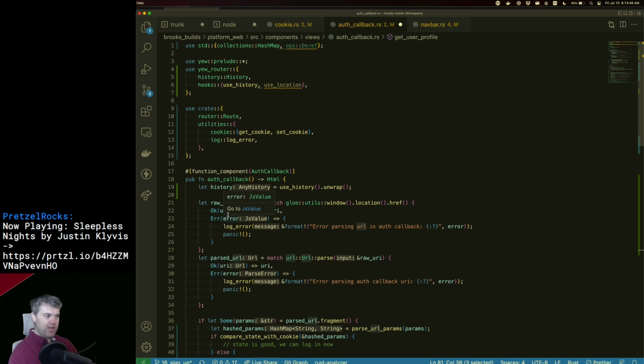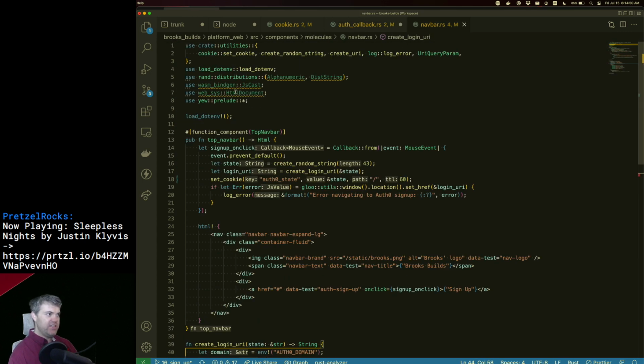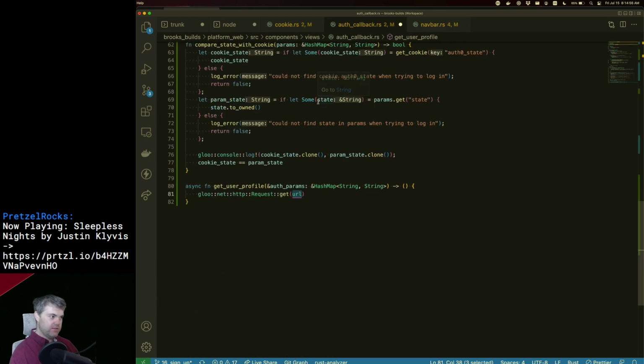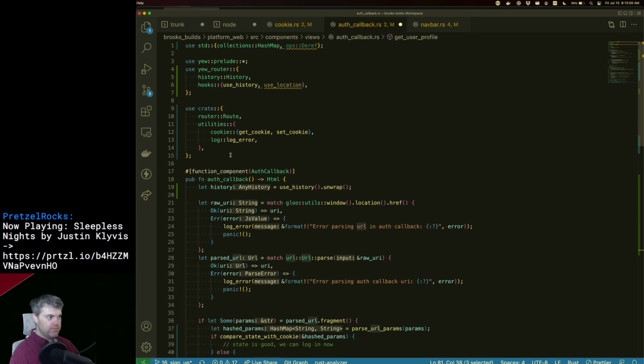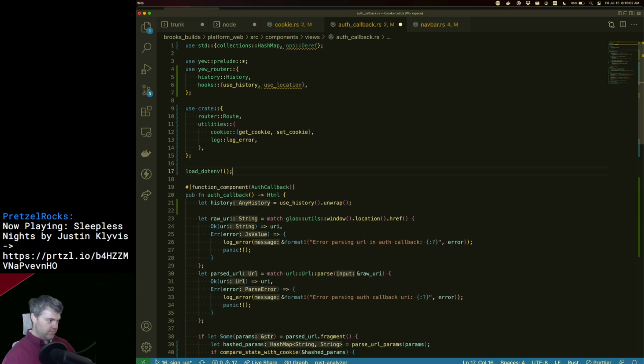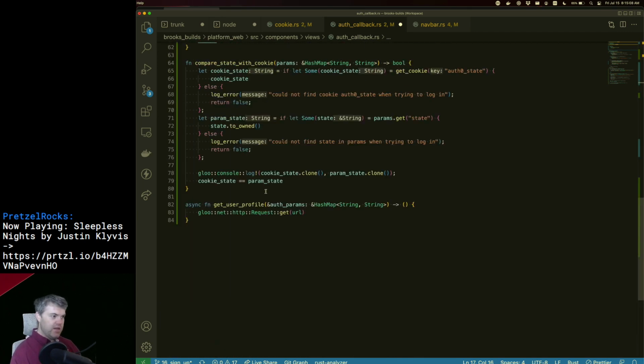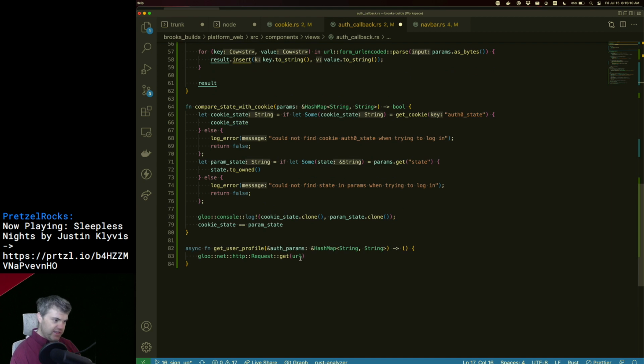I have URL in the .env file, which I then need to use with this load.env. Oh man, running out of time already? Okay, so I load.env and then